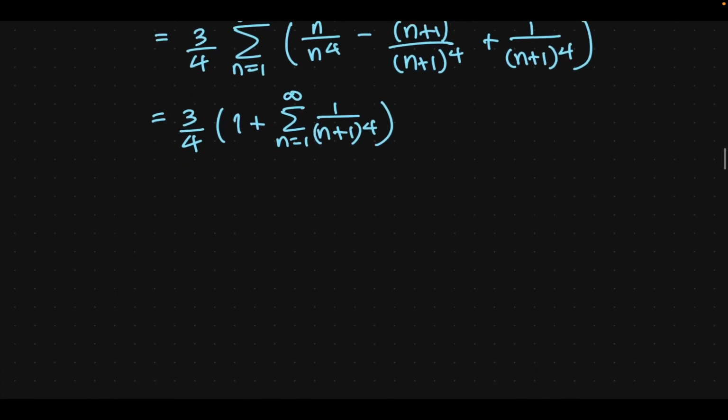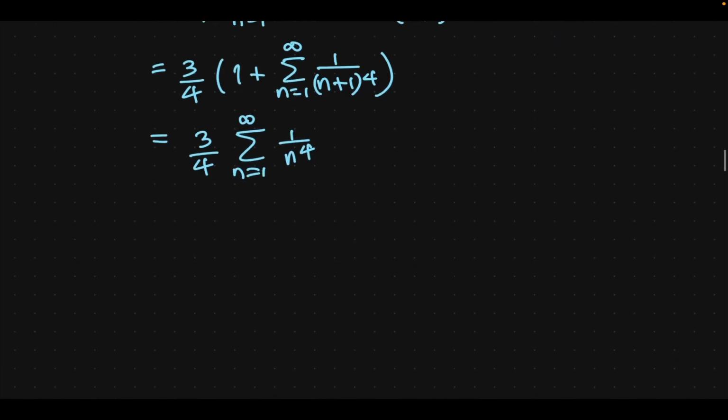It would be a mistake to write the 1 inside the sum because that means we're summing the 1 infinite times, and that's divergent for these purposes. We can reindex all of this because if you notice the second term, if we take n equals 1, we have 1 over 2 to the 4th. So with the 1, we can just write this sum n equals 1 to infinity, 1 over n to the 4th. And that is just the Riemann zeta of 4,